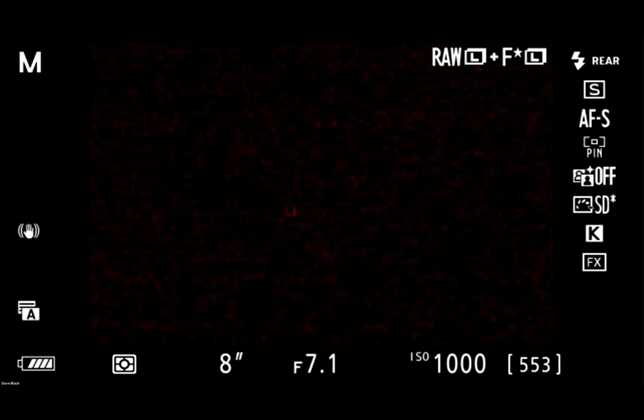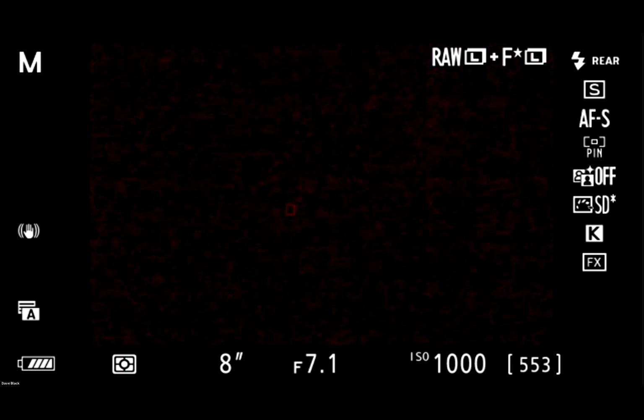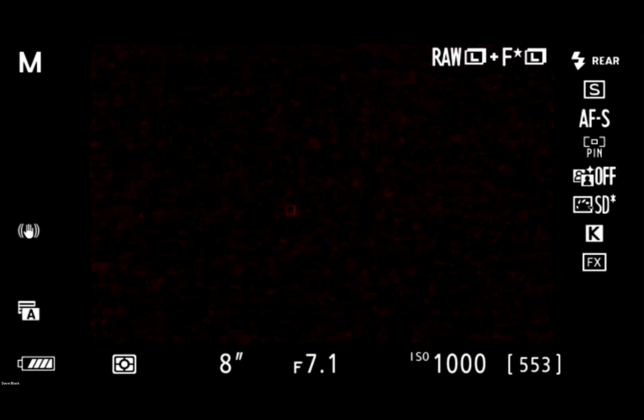At what point do you trigger the flash, and is it a lot of trial and error? You know, it can be a lot of trial and error. I think this sort of process is very much like an experiment every time we do it. I would say that